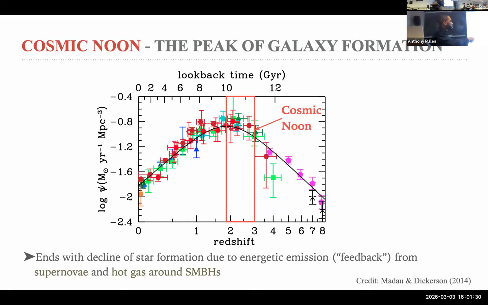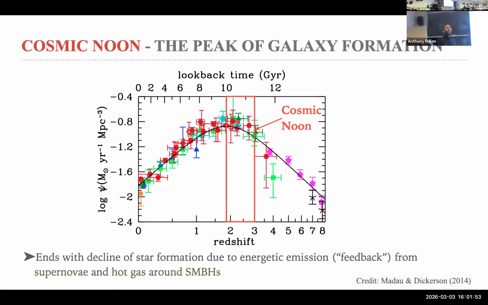over the last 10 billion years. But over this last 10 billion years, the rate of star formation has actually decreased by an order of magnitude. And so the question then is, what causes this period of rapid decrease in the star formation rate? And so we think that this is due to feedback from two sources, both from